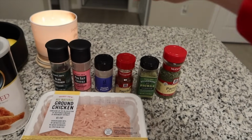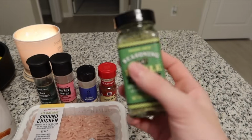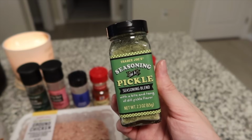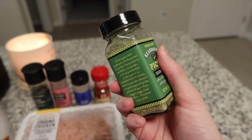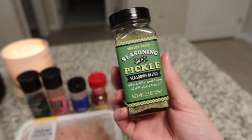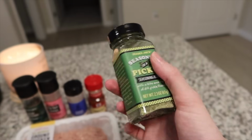We have pepper, salt, onion powder, paprika. This is optional. You could just use dill if you want, but I got this a little while ago at Trader Joe's. I got it probably like 3 months ago at this point, so I don't know if they still sell it. It might have been seasonal for the summertime. Seasoning in a pickle. It's basically like a dill pickle flavored seasoning, and I'm gonna use this for our homemade